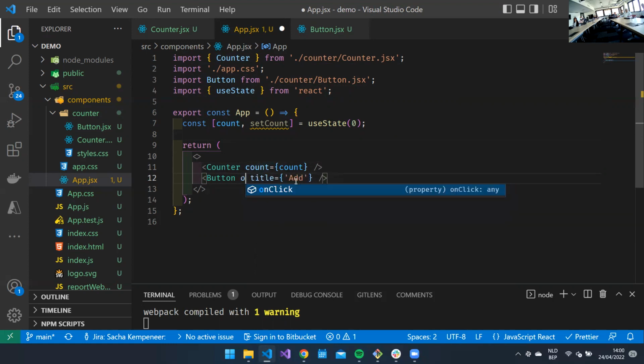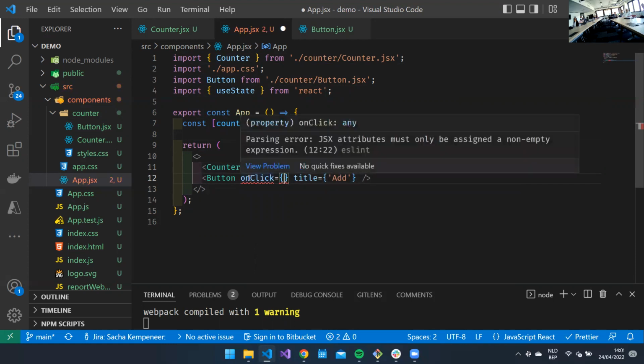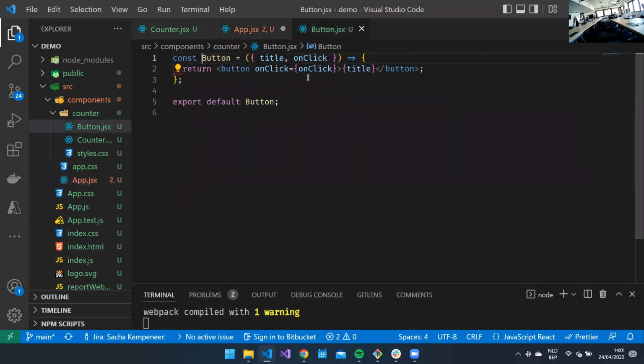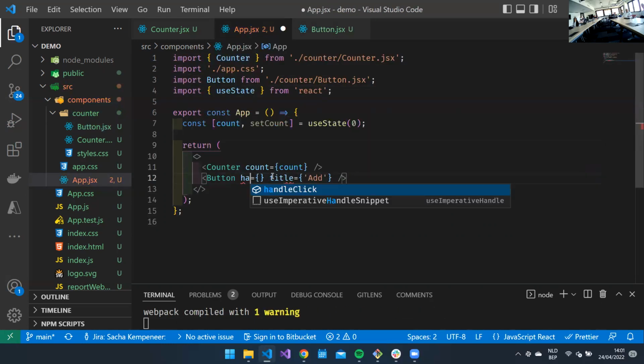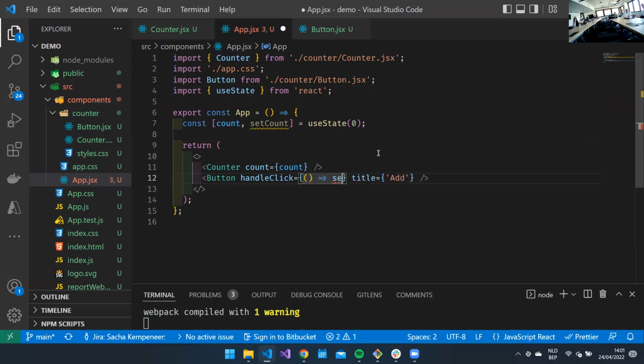And we can just pass it the function. So here we can say onClick. I'm going to make sure it's not the same name, it's actually important. I'm going to say handleClick here. The reason why is onClick is an event listener, so React might confuse a prop and the event listener. So, handleClick. Now we can just pass our function through here. So I'm just going to say here, setCount